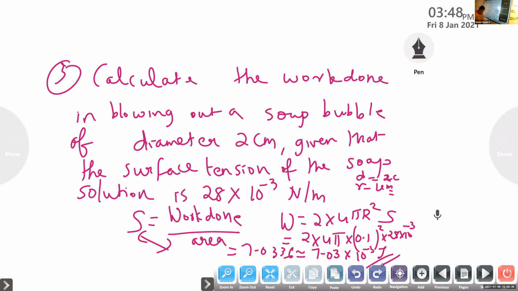Okay. Shall we do the next one? I think 3.4. We can do one more problem using Stokes law, because we have not done any problem using that. So we can do one problem using Stokes law. Did we do any problem using that? I don't think so.